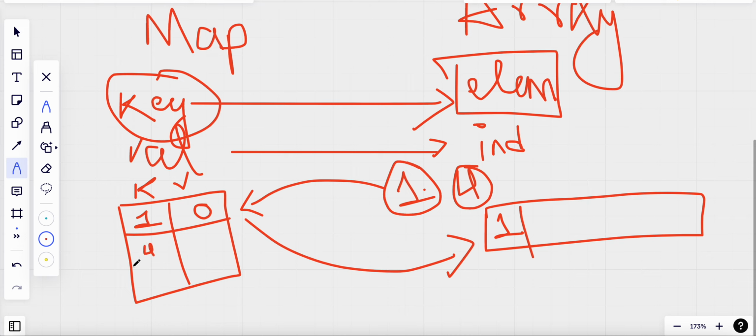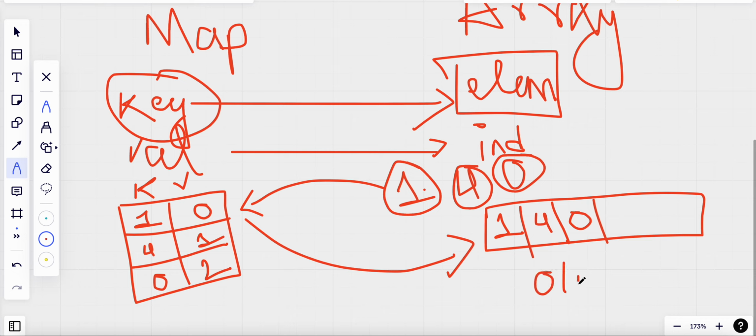So what I do is I insert the element with the index itself, and I also push it on to my array. Next, if I'm asked to push an element 0, then I check it's not in my map, so I insert the element 0 with the index which is equal to 2, and then I push it to my array. So all of these are taking place in O(1) time complexity because the push operation is O(1),